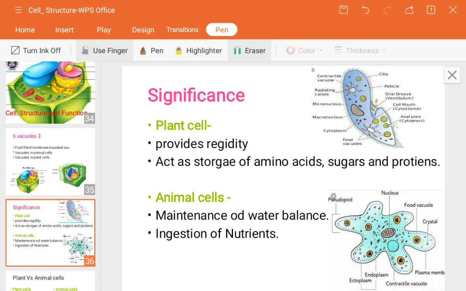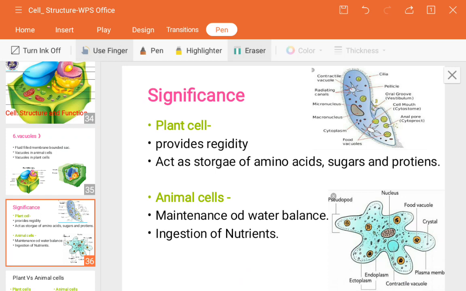As I have told you, each and every organelle has its own fluid substances to hold nutrition, to carry out its own functions, and to keep control of the cell's particular function. On that basis only the cell can work. That's why each one has fluid substances, and in the vacuoles that is the sap, which contains amino acids, sugars and proteins. Because of that they get acidity and have the ability to store these nutrients.